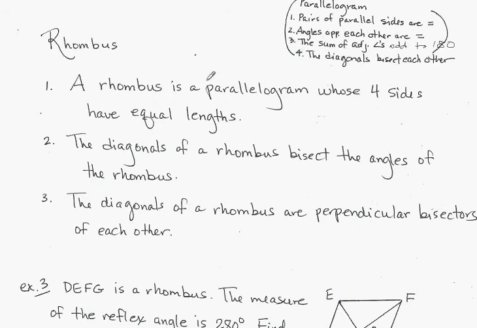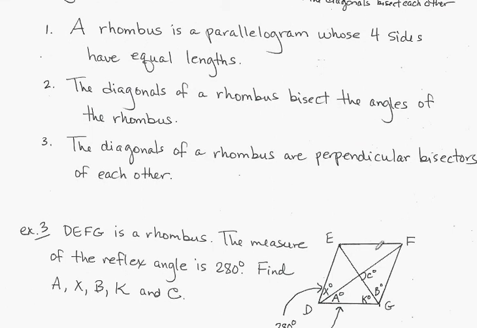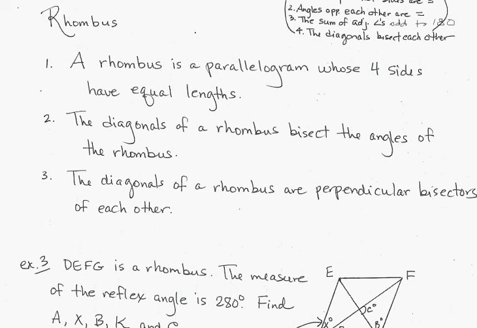Now, what a rhombus is, it's a parallelogram. So all these properties of a parallelogram are true, but their four sides are equal. It's kind of like a square. A square is a rhombus. A square is a parallelogram. But most of the time when we draw rhombuses, or rhombi, I don't know the plural of that, you just tilt it. That looks like that. It's like a tilted square. But it doesn't have to be. Squares are also rhombuses. You can tell a rhombus has all these qualities of a parallelogram, but it has 4